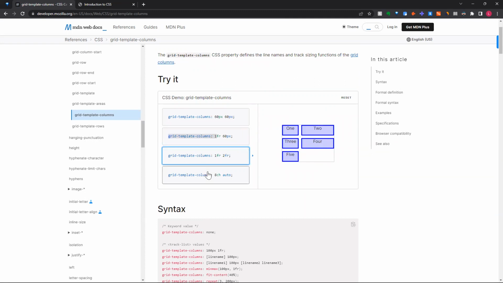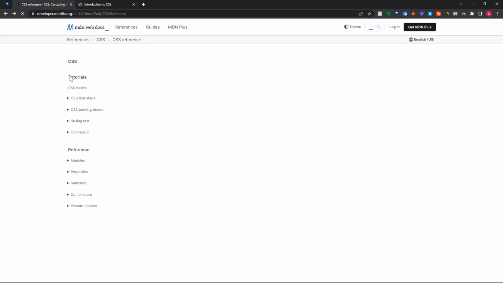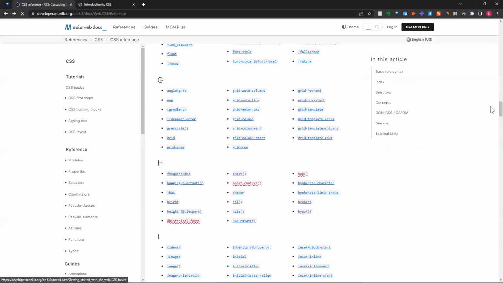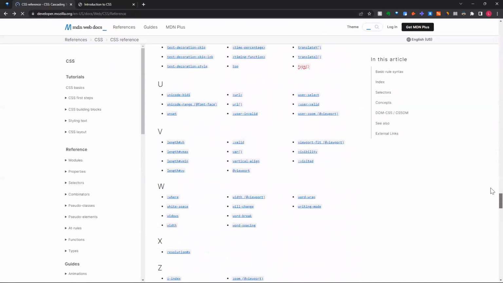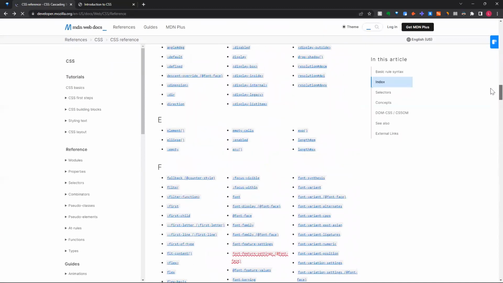So you can see the effect and try it out and stuff like that. Because there are a lot of properties and we really can't discuss each and every property of CSS. There's a lot, like a lot. But we're just talking about the commonly used properties, and